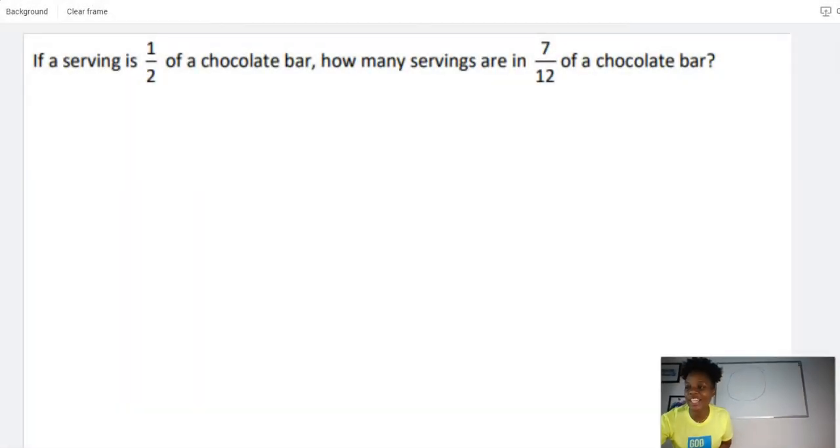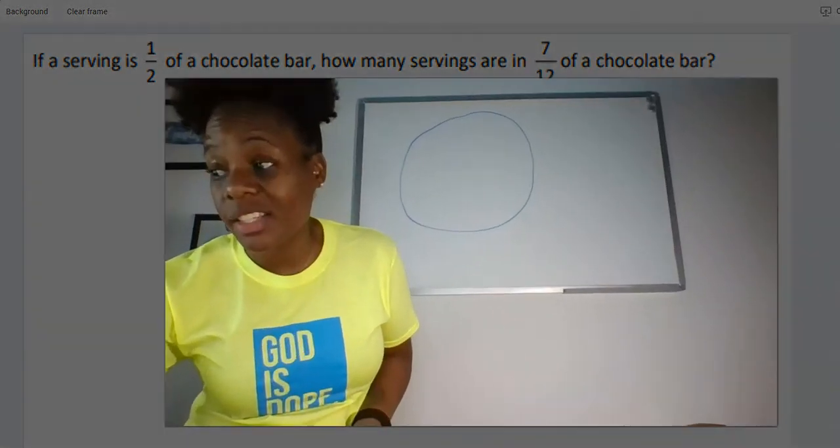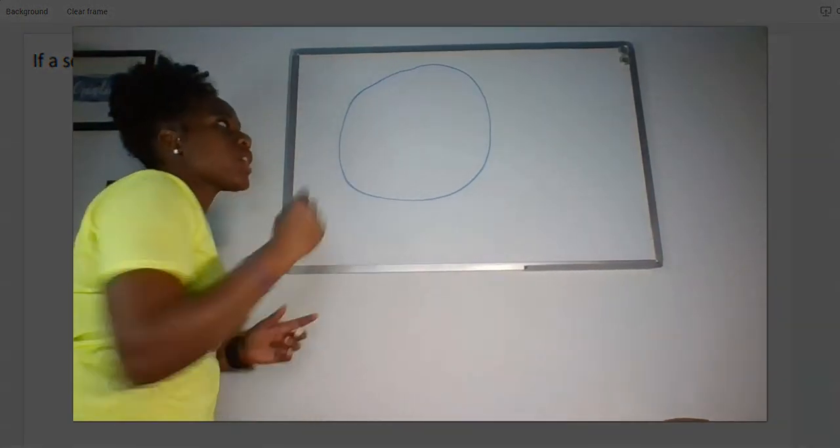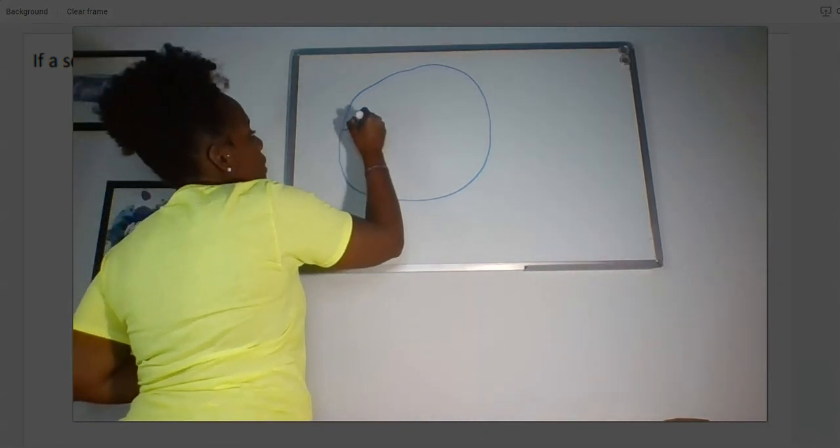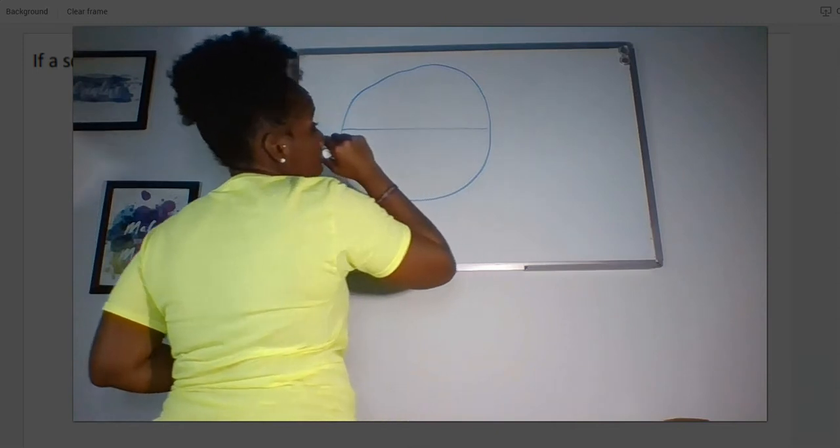Here's the next question. If a serving is 1/2 of a chocolate bar, how many servings are in 7/12 of a chocolate bar? First thing we have to do is take our chocolate bar. So this circle is going to represent your chocolate bar, right? We're going to break it up into 12. 6 lines is going to give me